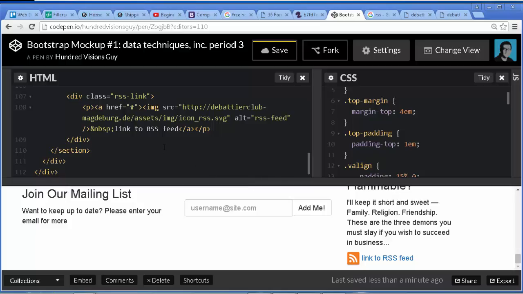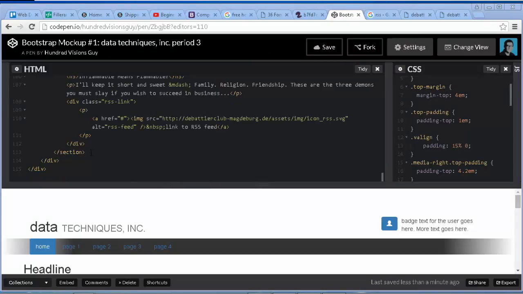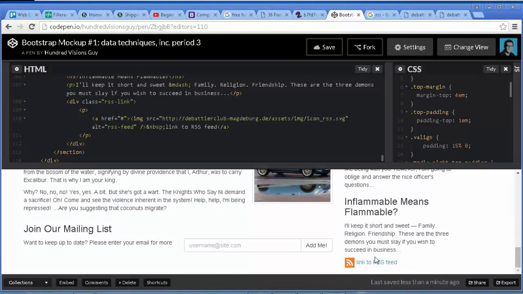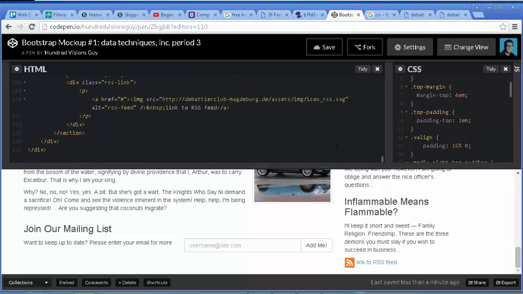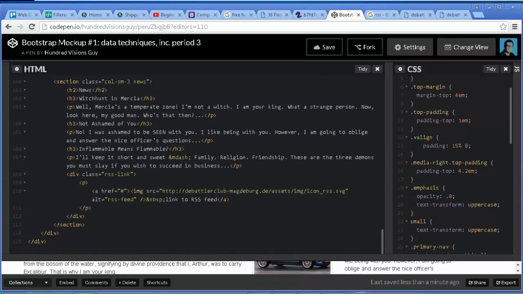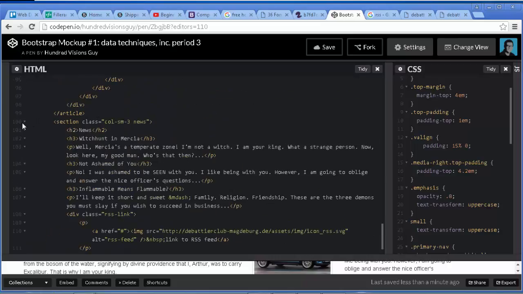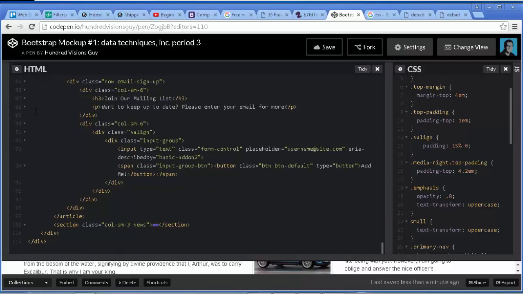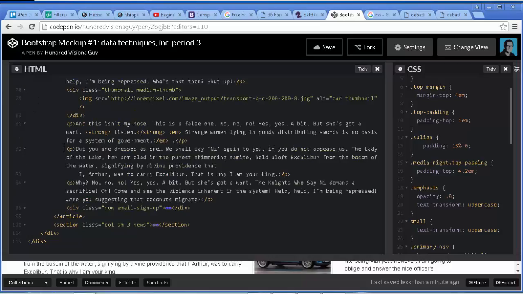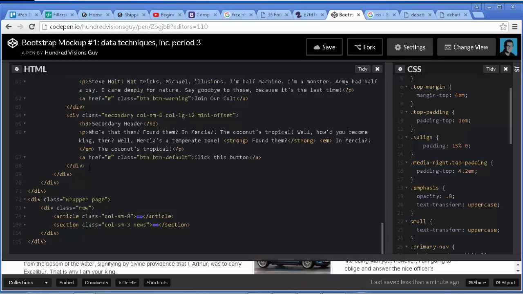And then you just have to work on the footer. Okay, we're ready for the last push of our HTML to get the mock-up done. We ended up with our little RSS feed down here. We're going to add our footer. And once we add the footer, then we're going to go in and finalize our styles. So, in order to do that, I just want to zoom in on this and collapse our sections that we have going here. Article,